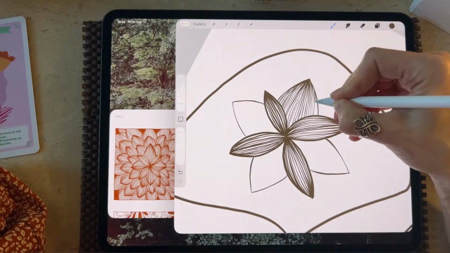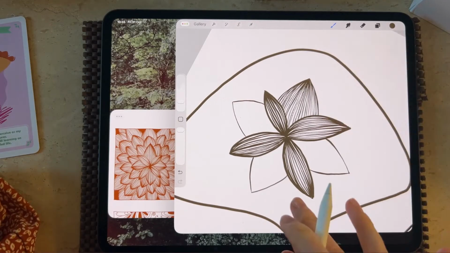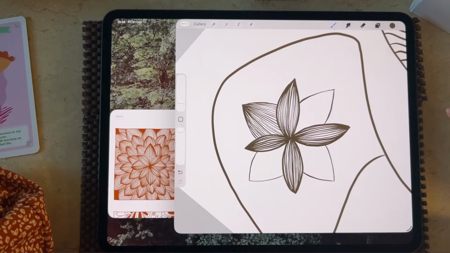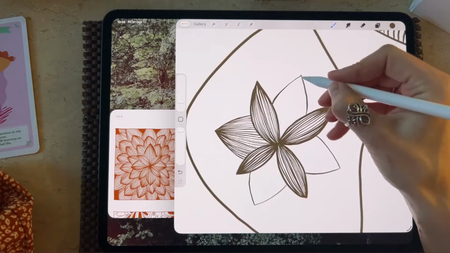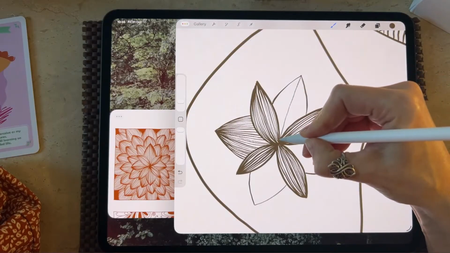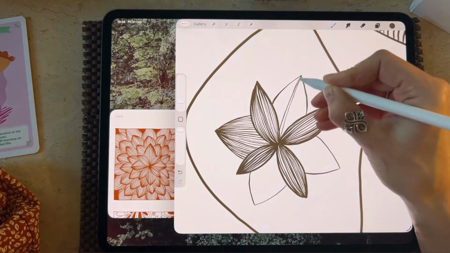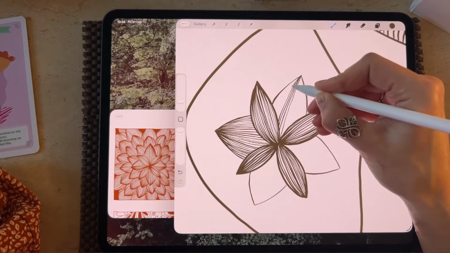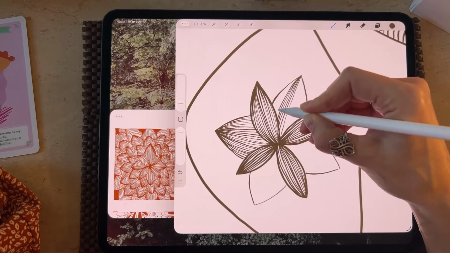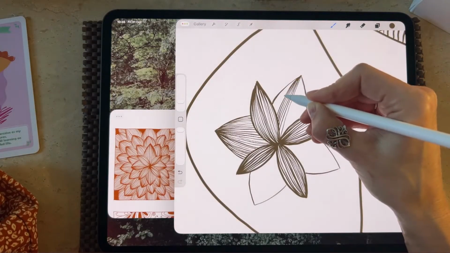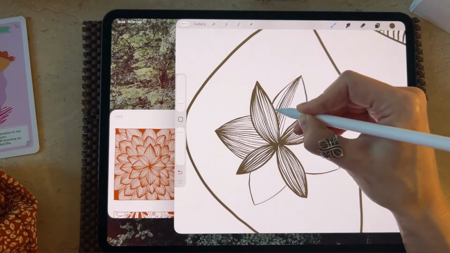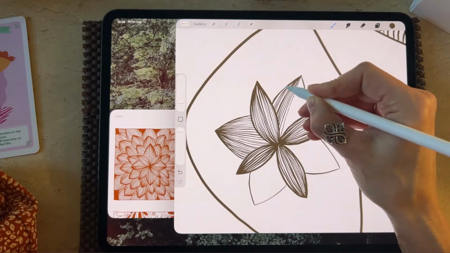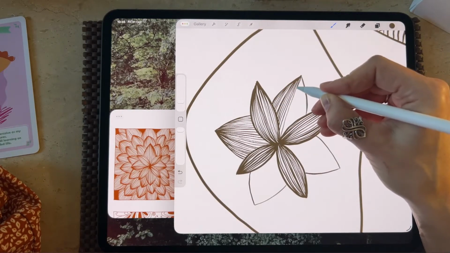The soothing repetition of the lines. And stillness. Grateful for stillness.